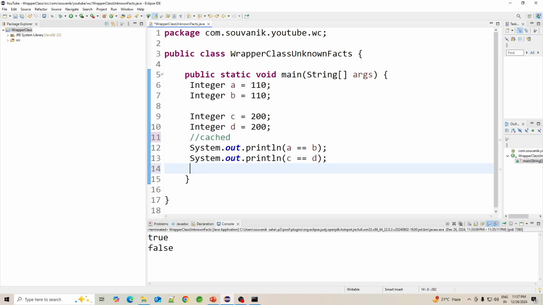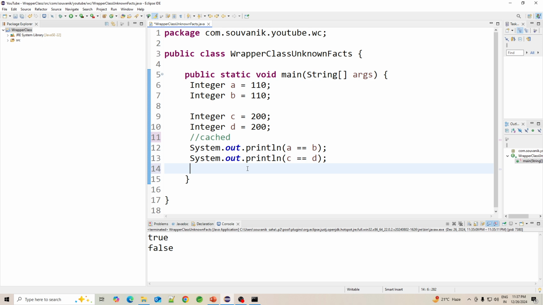So I have given one summary table, where I have shown you which of the wrapper classes is responsible for caching and what will be the range.